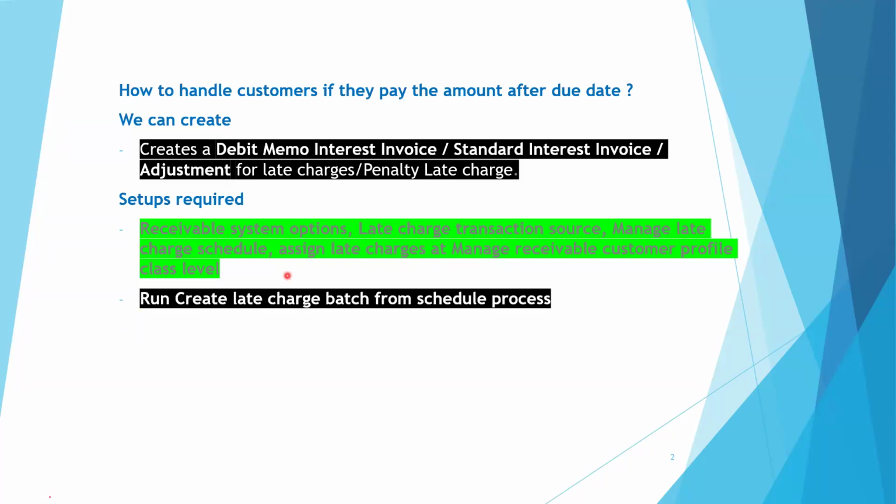Okay. Then you need to run the late charge batch from the schedule process. Okay. The program name is late charge batch. It will create late charges against your customer. This program is available in the schedule process. So we have a draft mode and a final mode. First run it in a draft mode, so that whatever the late charges against that customer, you need to see all those details in the PDF format if you run the create